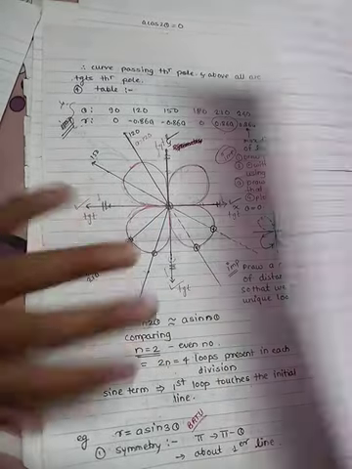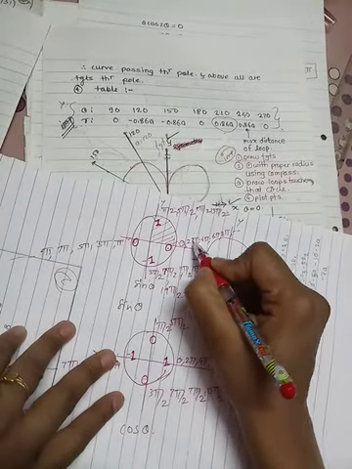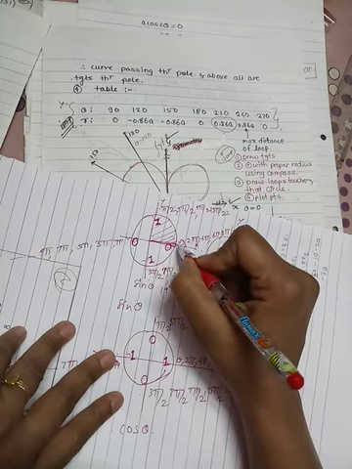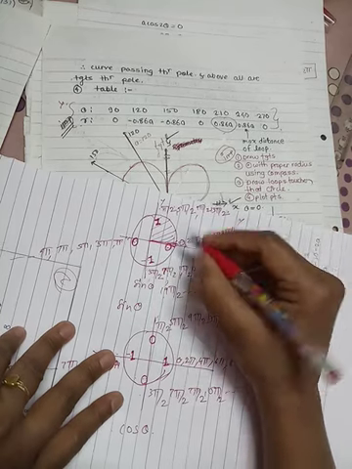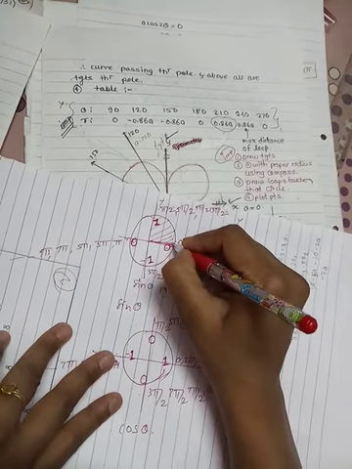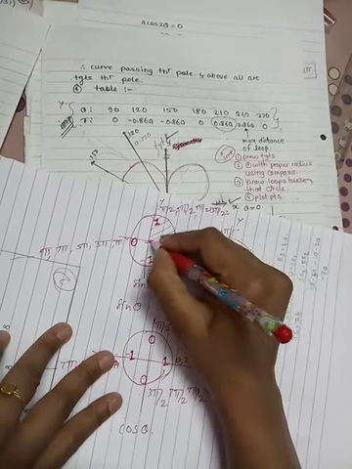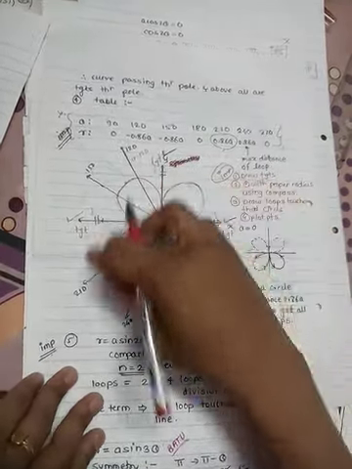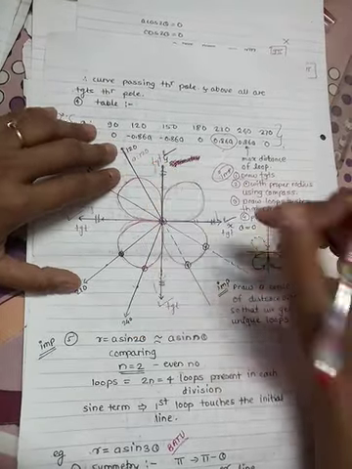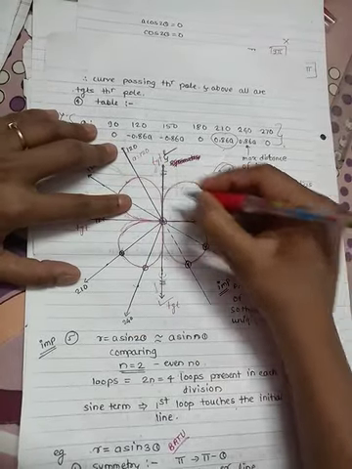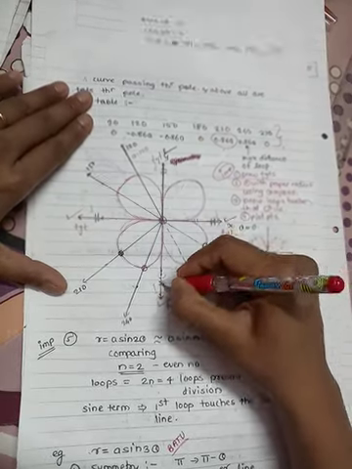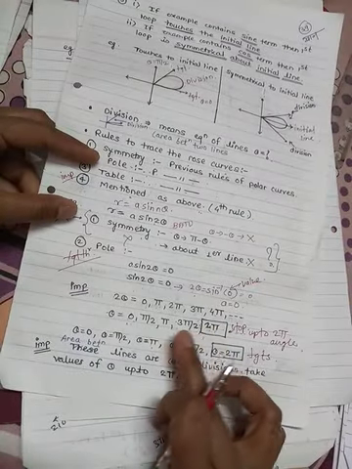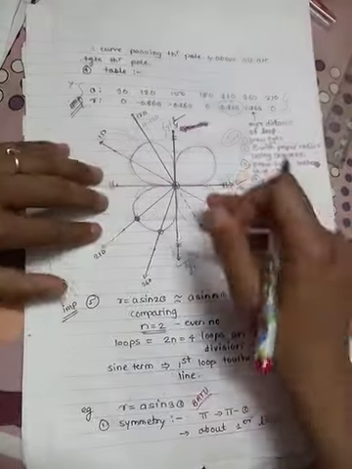You have seen here that theta equal to pi is here. This positive x-axis is for theta equal to 0, and also for theta equal to 2 pi and theta equal to 4 pi. We want theta equal to 2 pi, so again we get the same positive x-axis for theta equal to 2 pi. So these are your tangents: first, second, third, fourth and fifth tangent up to 2 pi. Up to 2 pi we have drawn the tangents.